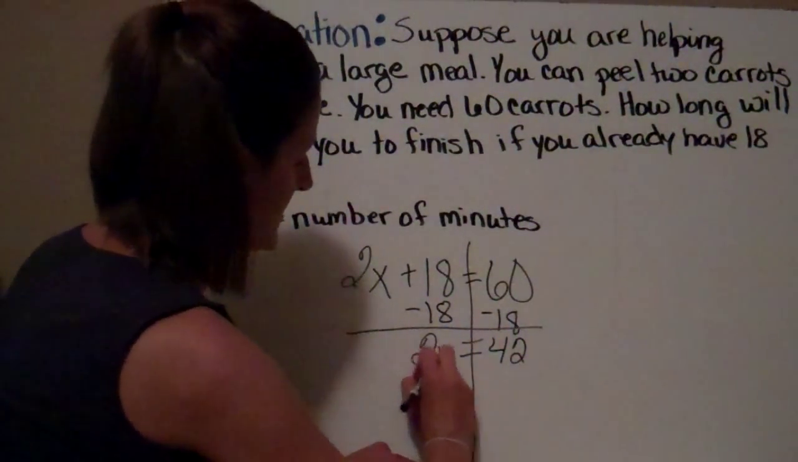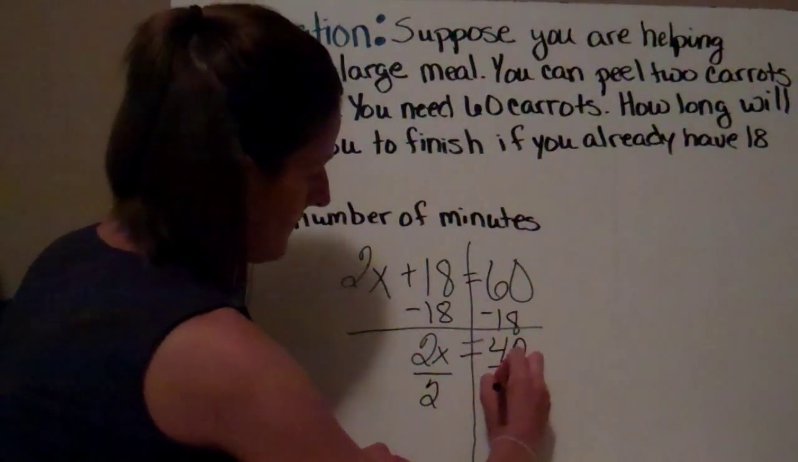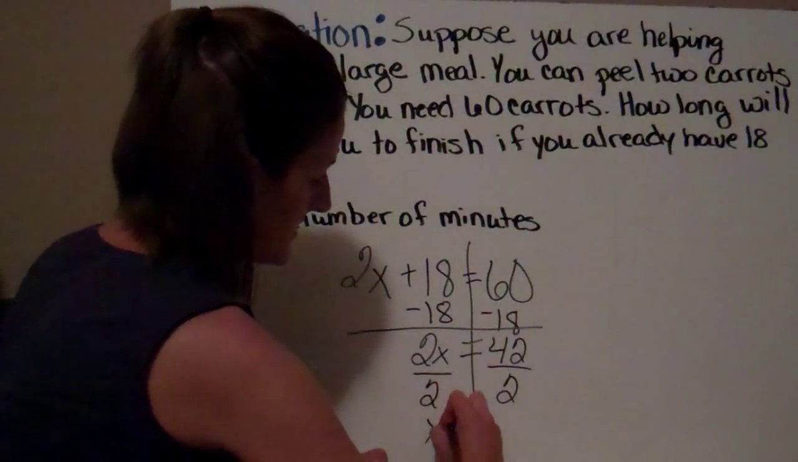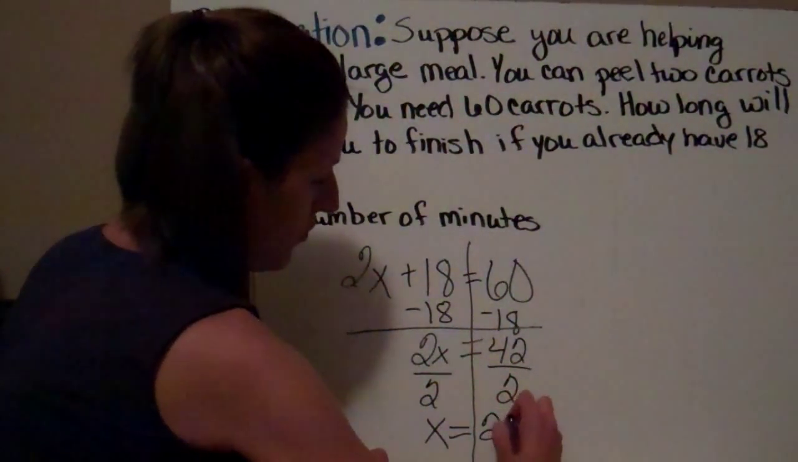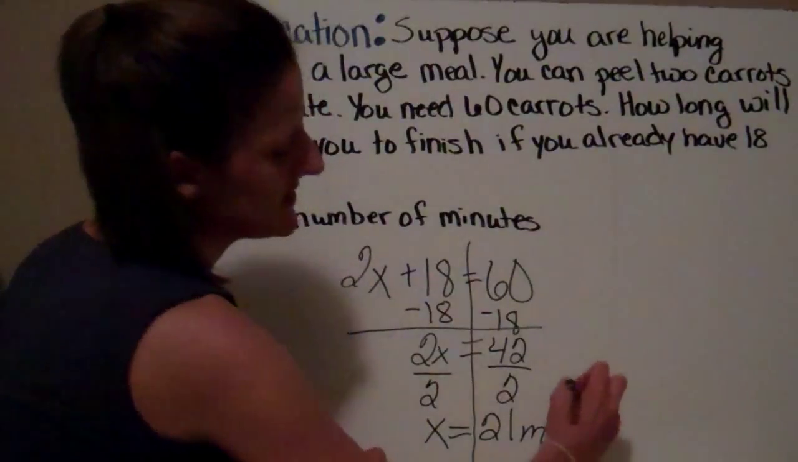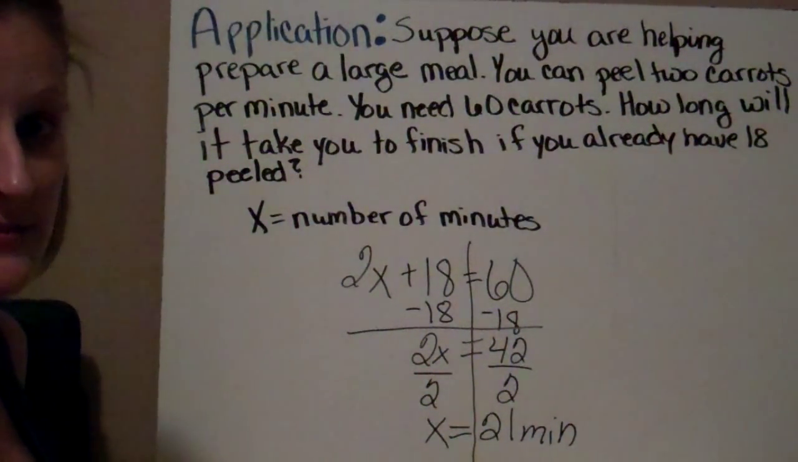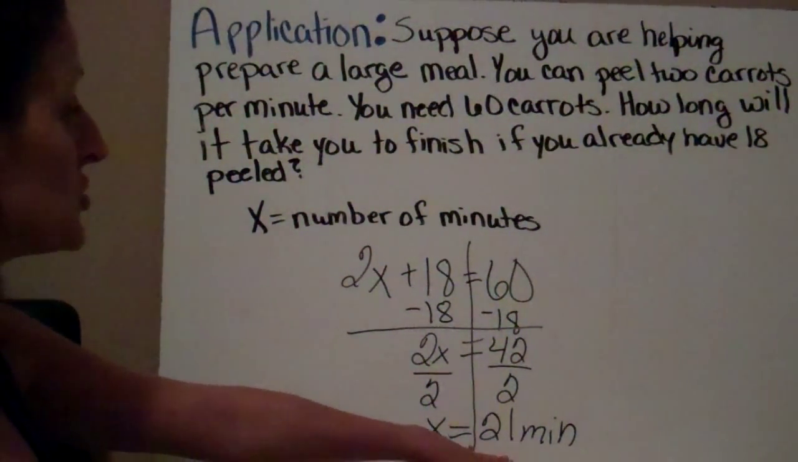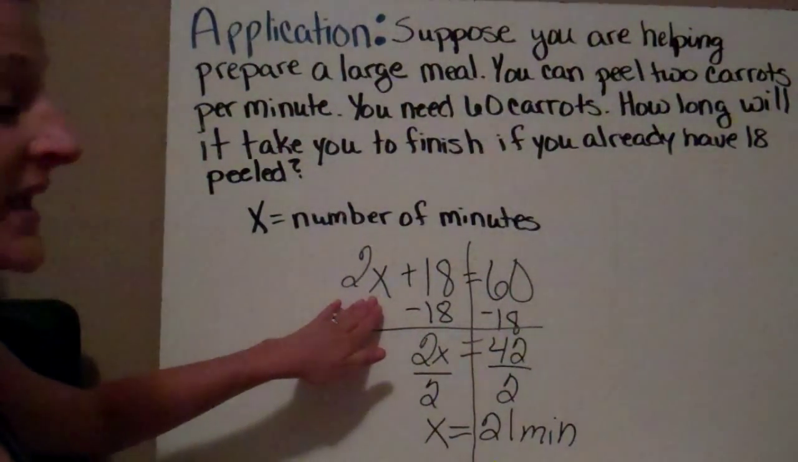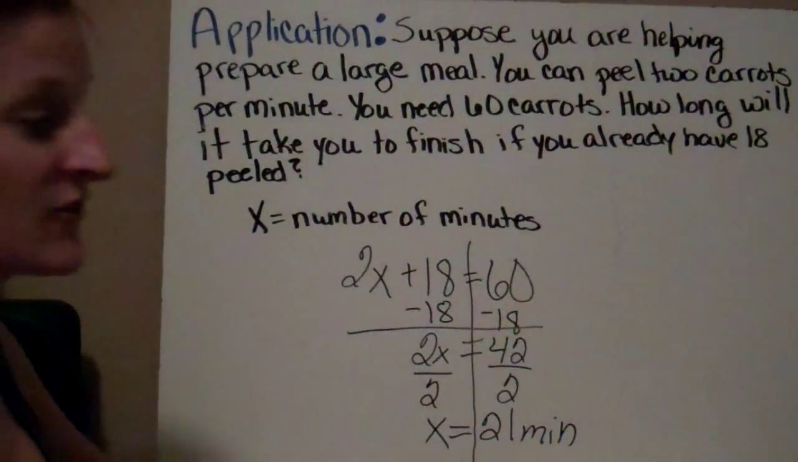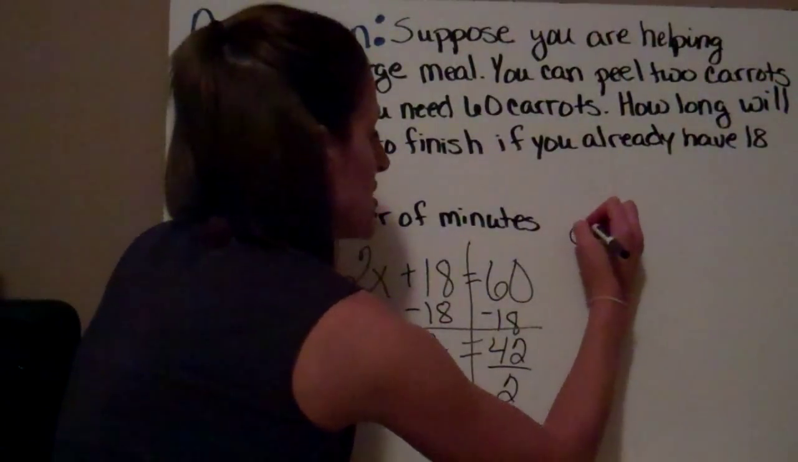Now I divide each side by 2. And I get x to equal 21. And that's going to be 21 minutes you need to finish up your carrots. Now, what we can do to double check is let's plug this back in to our equation and see if it works. So, to check,